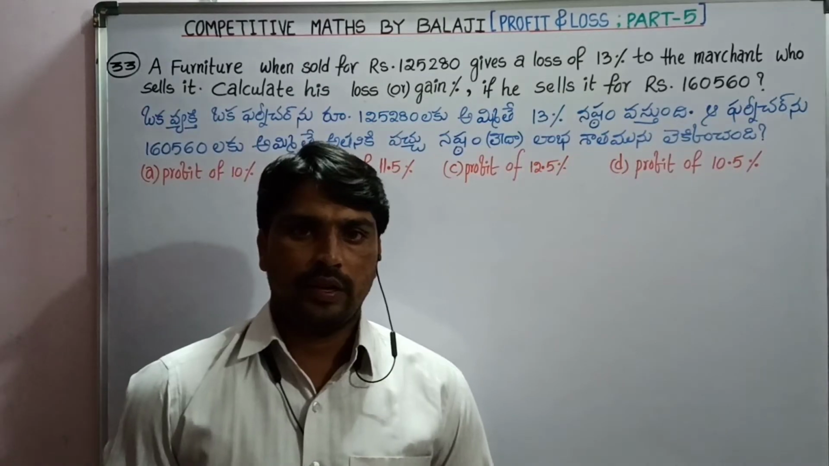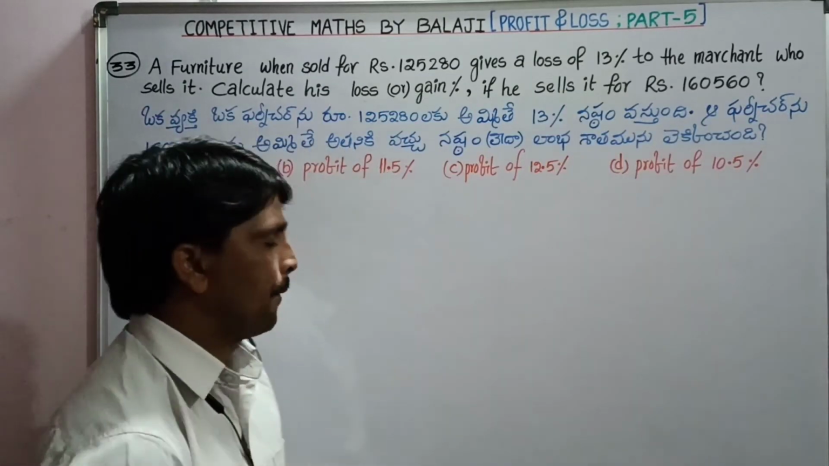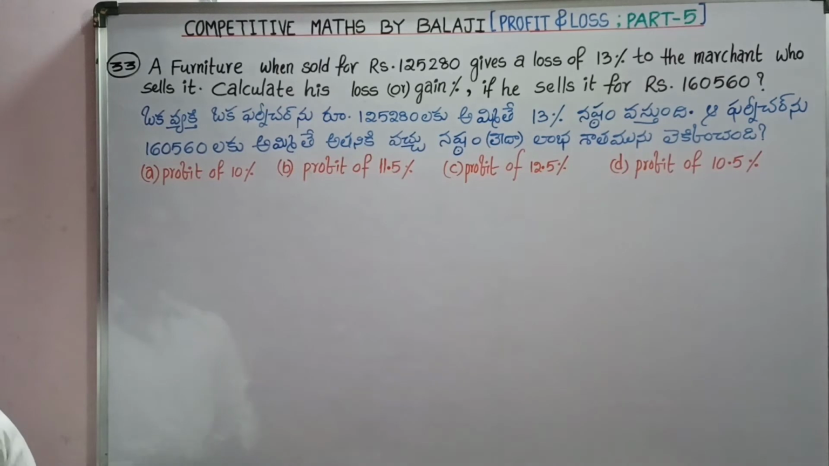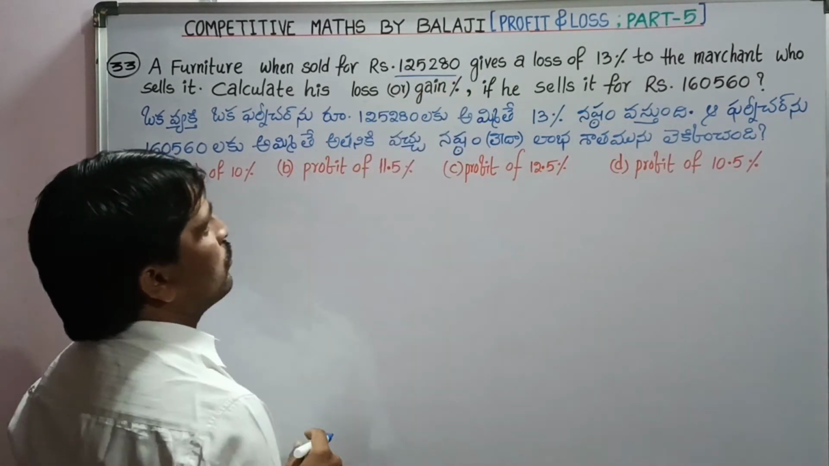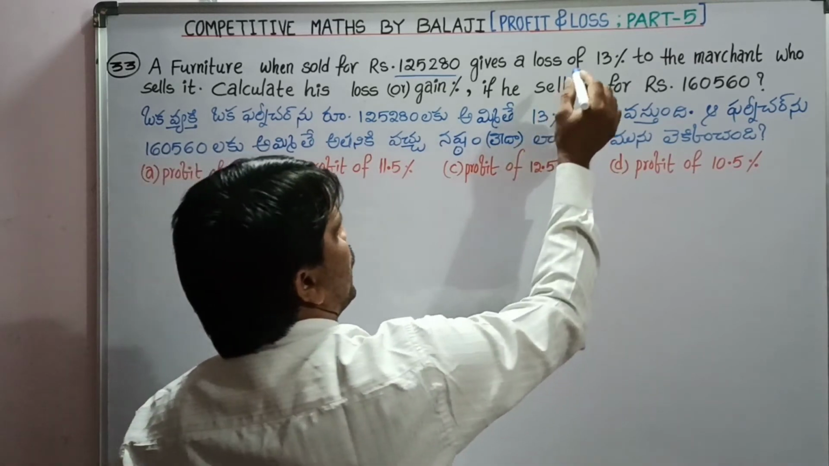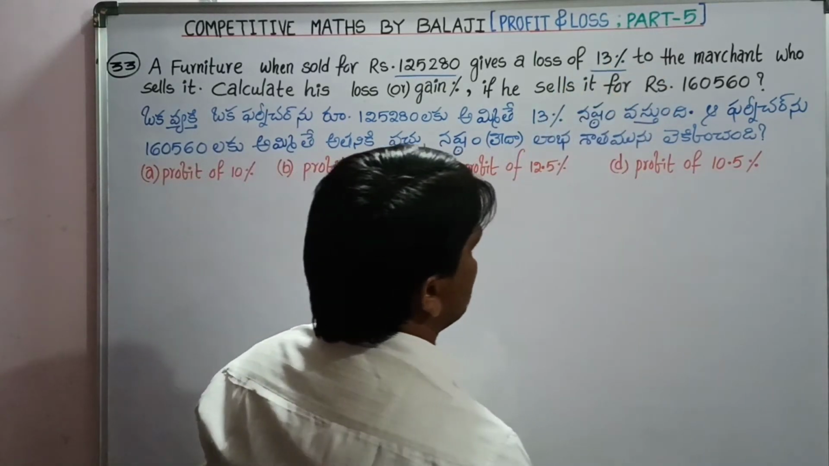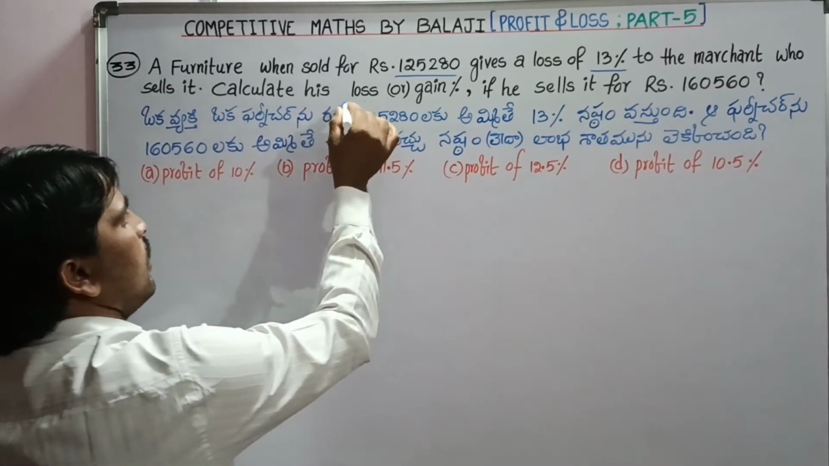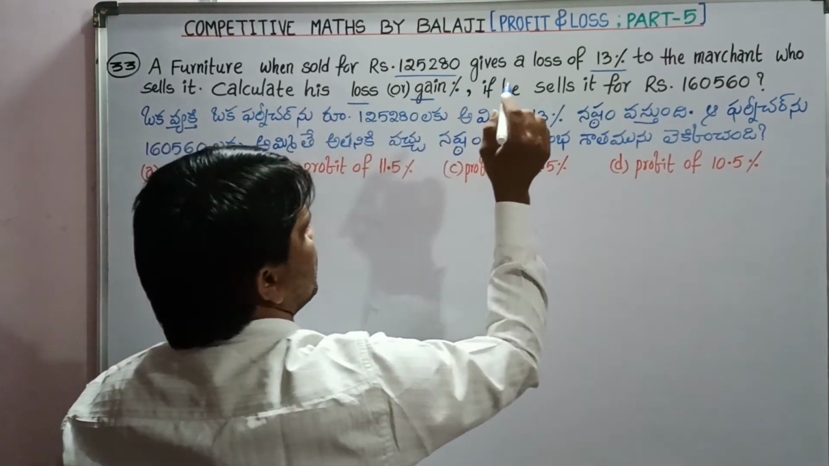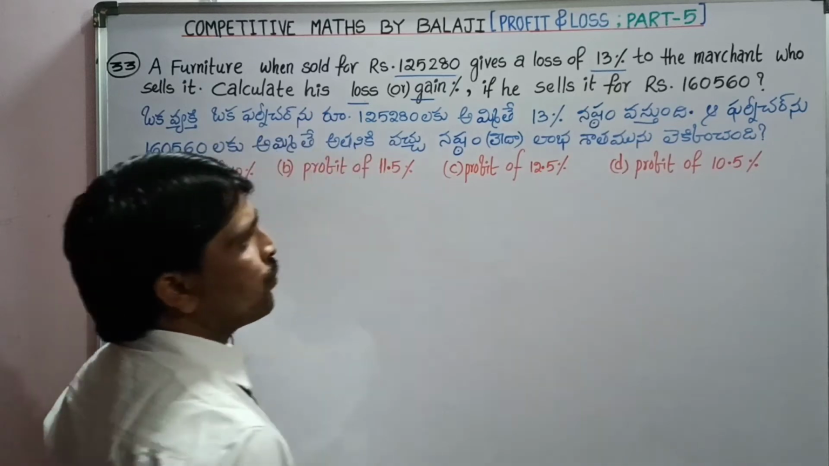Okay. Next question, 33. A furniture when sold for rupees 1,25,280 gives a loss of 13% to the merchant who sells it. Calculate his loss or gain percent if he sells it for rupees